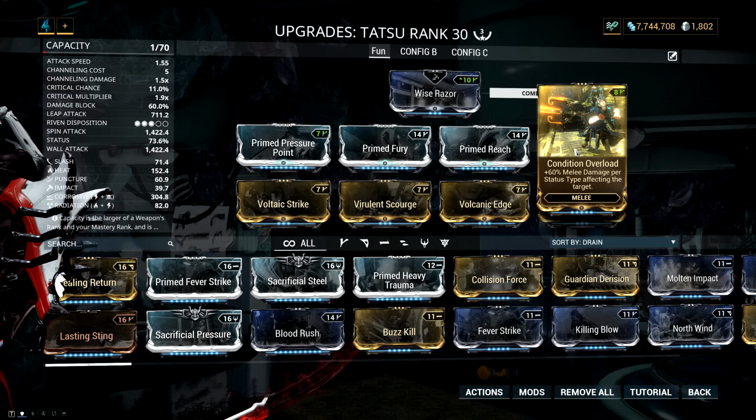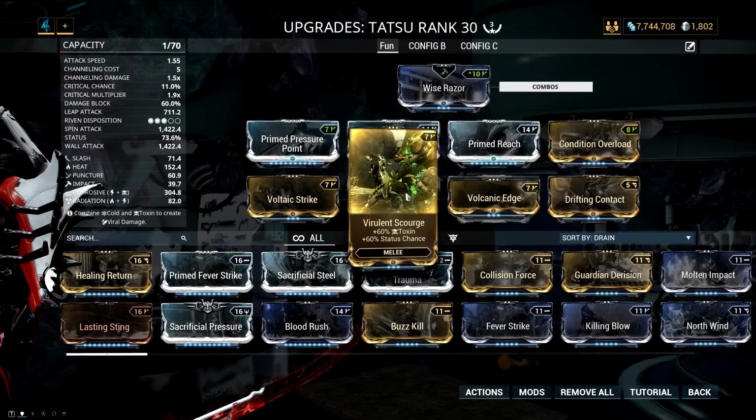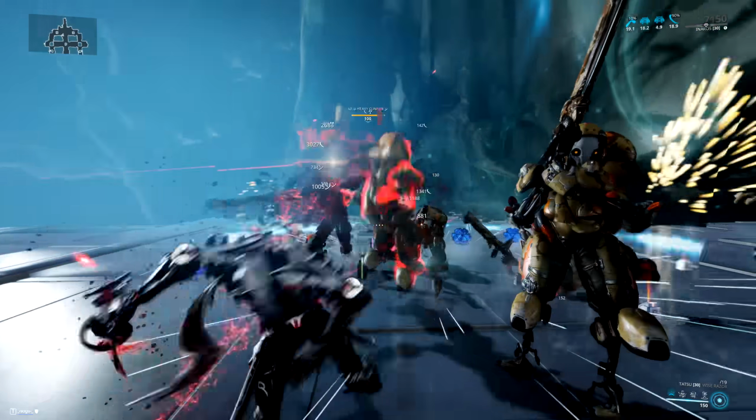We followed that up with Condition Overload for more melee damage as we proc status on the enemy, Drifting Contact for combo duration and status chance, Volcanic Edge for heat and status, and then Virulent Scourge and Voltaic Strike for corrosive and status. Now, as I've said already, the setup will easily take you through the entire star chart,